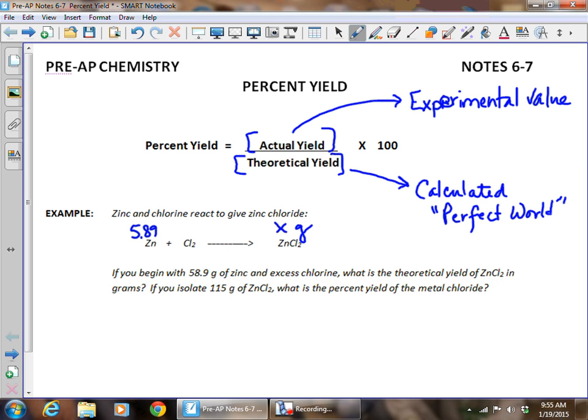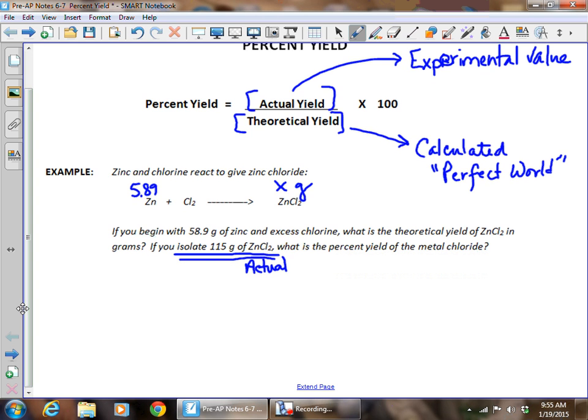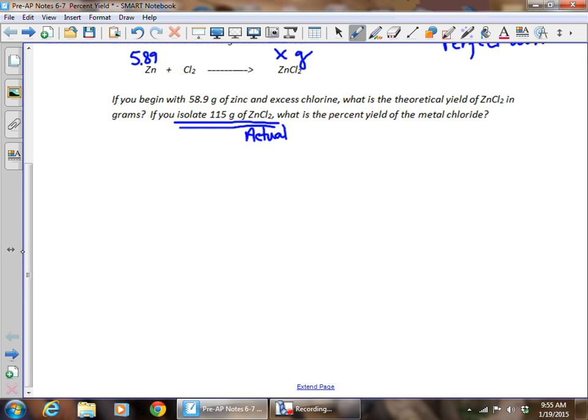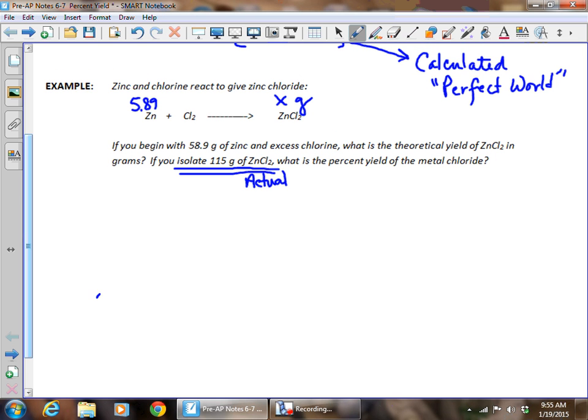Now, somewhere in here it's going to give us an actual value that we got experimentally. We can't determine that if they don't tell us. We can get a theoretical on paper perfect world value, but they have to tell us what our actual yield is. So always find that and make sure you know what that is. You could go ahead and start your calculation of percent yield using that, because we know that percent yield, as it's set up above, was going to be the actual yield over the theoretical yield